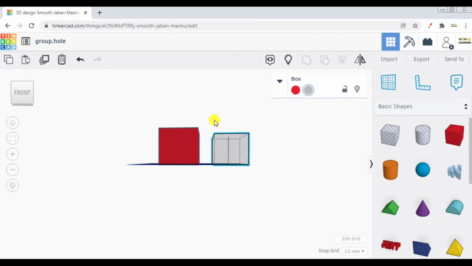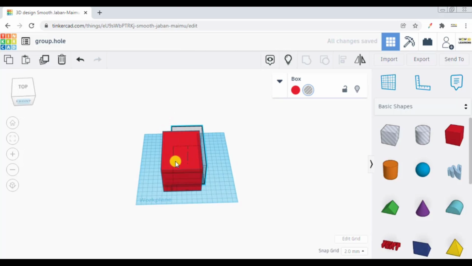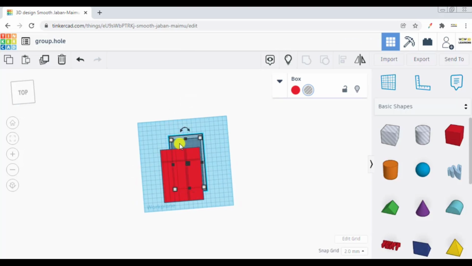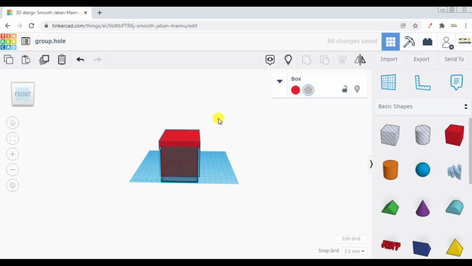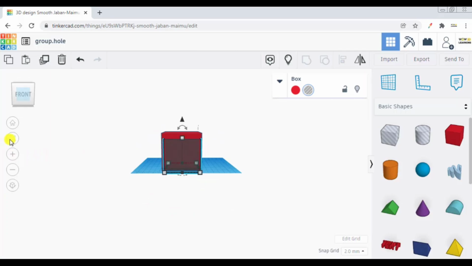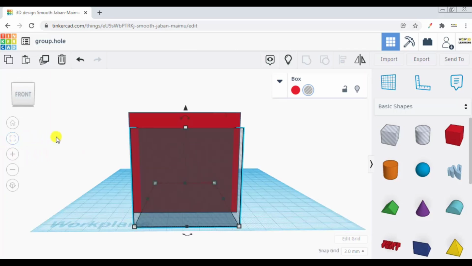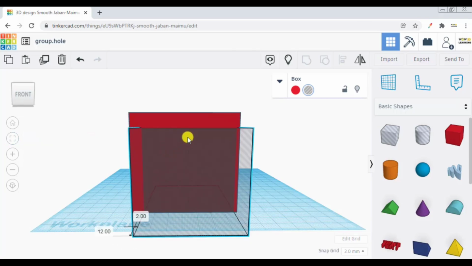Now what I will do is, you can see in front view, just click on front. If I drag this box inside, and I just want hole in front only, not in the back. Now you can see there is a little bit misalignment happening. So what we will do is, we will make use of align option. Let me click fit view. Let us observe the whole hollow box.